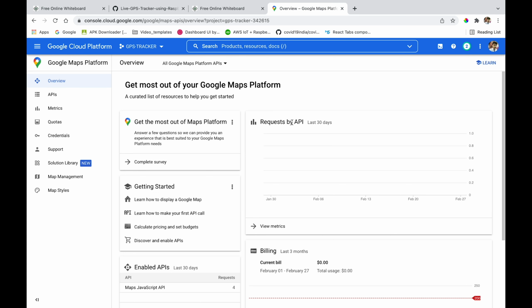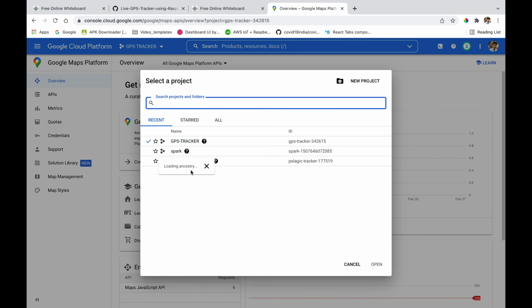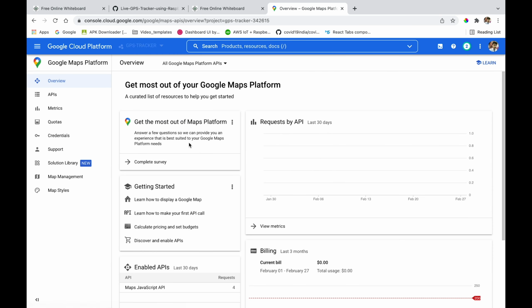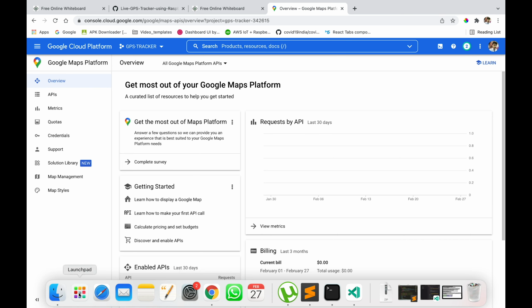So after creating the project, you select it. So for example, here I can see all these three projects. You have to select this project. So whichever you have just created, or even if you have an older project, you can also use that, no problem. Okay. So after you open that project, first you have to enable billing for that. Okay, why enable billing? If you don't enable billing, it's also fine. Okay, no problem. But if you don't enable billing, in that case,